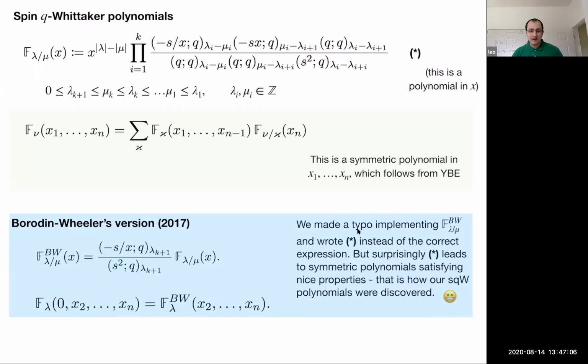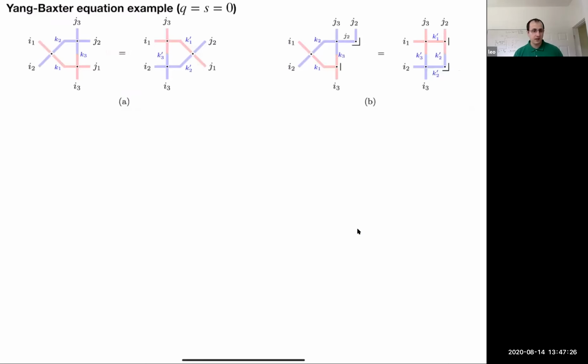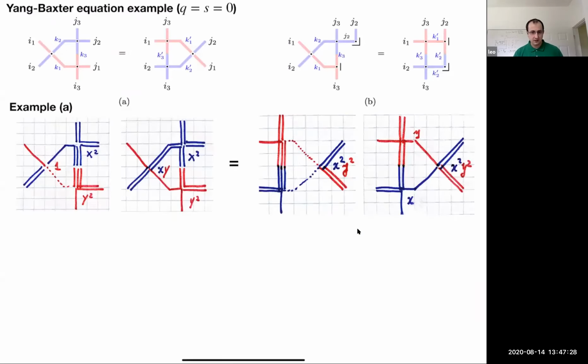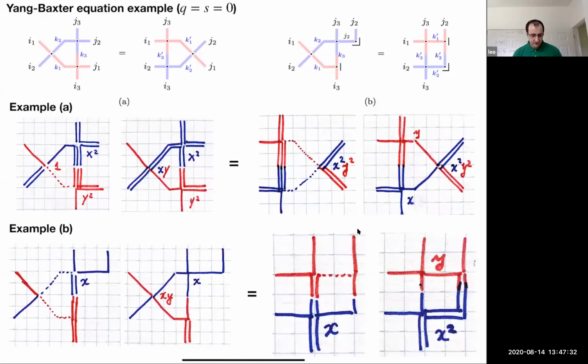And surprisingly, after you take layered sums of these, you get symmetric functions. And this is how we discovered them. And then we came up with a Yang-Baxter model for these new functions. And it turns out that these are somewhat nicer. All right. So the Yang-Baxter equation here, the situation illustrates that we are allowing more than one horizontal arrow,